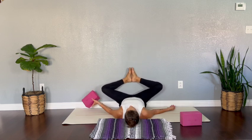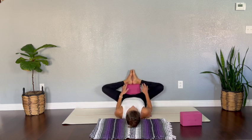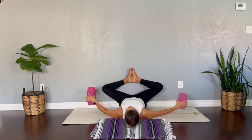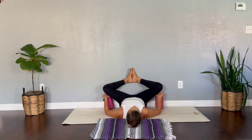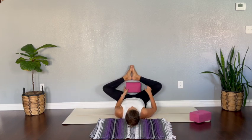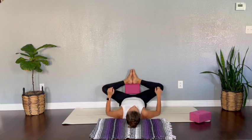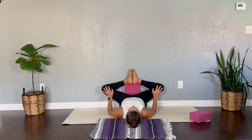Now I like to bring a block right here and just let my feet fall to the block. If that doesn't feel good for you, you can also bring the blocks to support underneath the knees or the thighs. And you can also just rest your arms, elbows to your mat, and just holding the knees here. So not actively pressing the knees away from you, just giving some support here